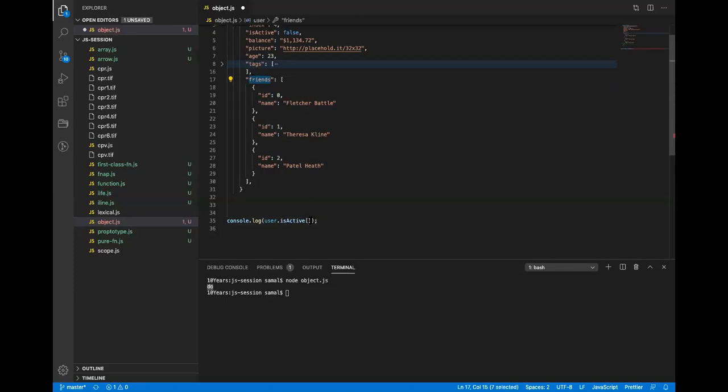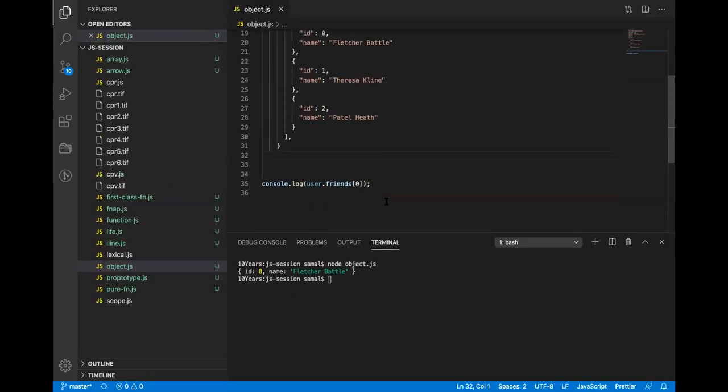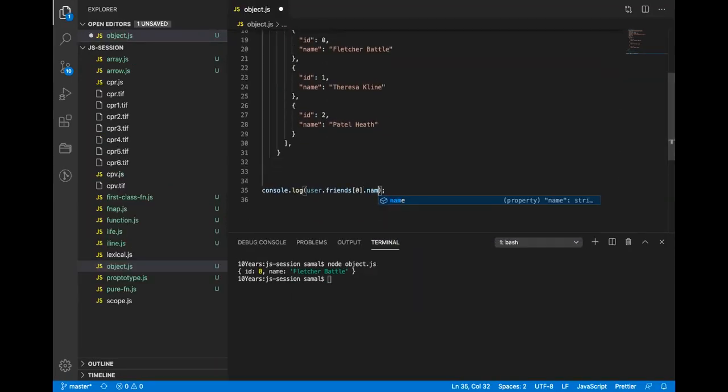After this part, friends, it printed all of them. Because this is again an array, if I print the 0th index, it will print the object. How do I read the name? Dot name, straightforward.